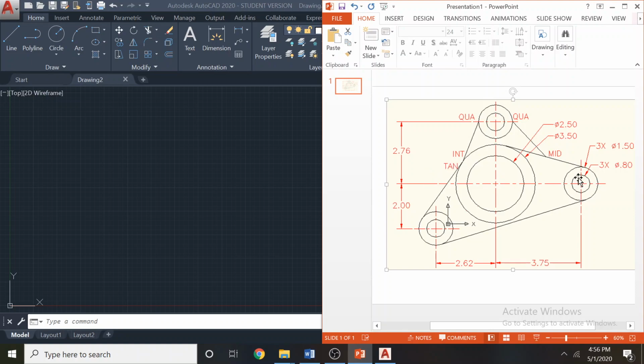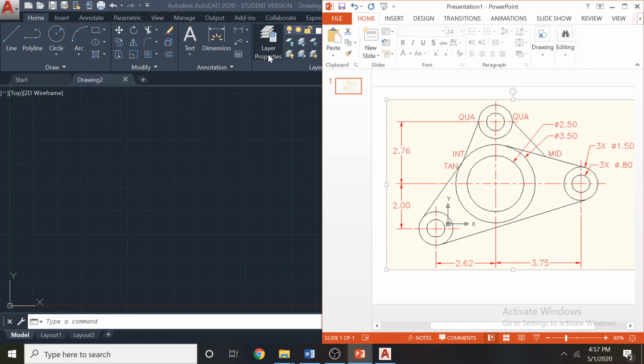We need a center line layer, normal lines. We are not going to put dimensions now. We need center lines and normal lines. And these are the snap types they have used in this drawing. So normally in the drawings we don't show these snaps, but this is the first time we are doing AutoCAD, so that's why we are showing these snap types which are needed here. And the meaning of this 3 times is you need to have 3 circles diameter 1.5, 3 circles diameter 0.8.